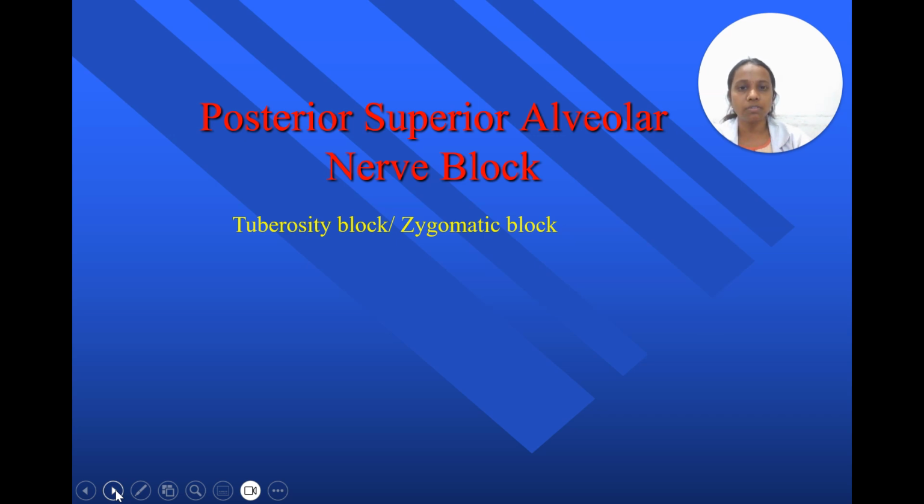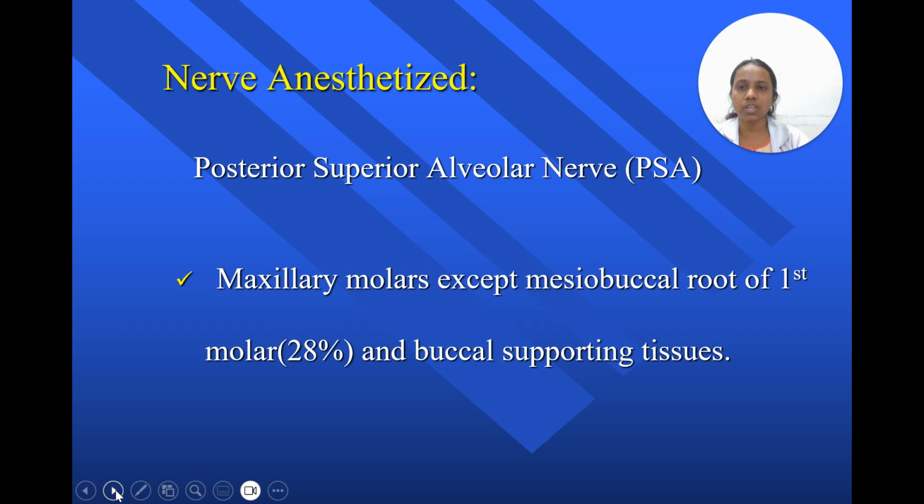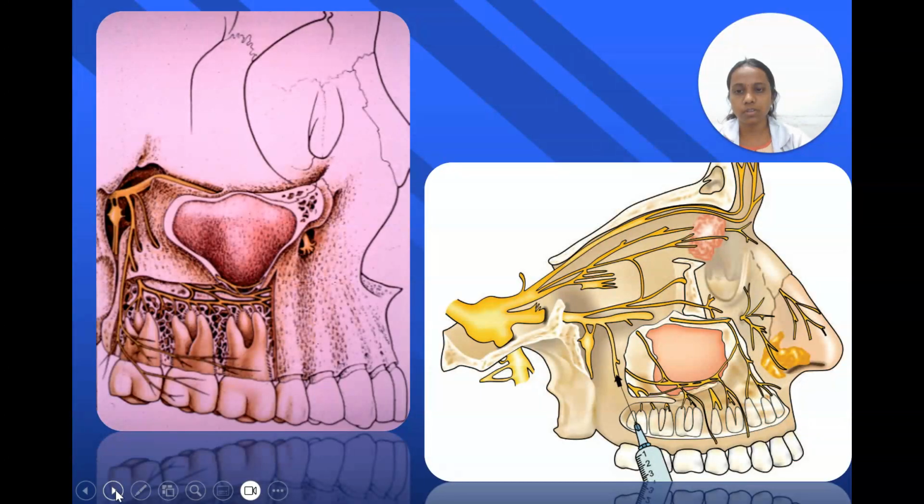Next, moving on to the posterior superior alveolar nerve block, which is also called a tuberosity block or a zygomatic block. It supplies the molar teeth except the mesiobuccal root of the first molar, and it also supplies the buccal supporting structures. After this nerve is given off in the pterygopalatine fossa, it comes out and lies on the infratemporal surface of the maxilla and then enters the body of the maxilla through the small foramina present on the infratemporal surface, and then it supplies the pulp of the molars and